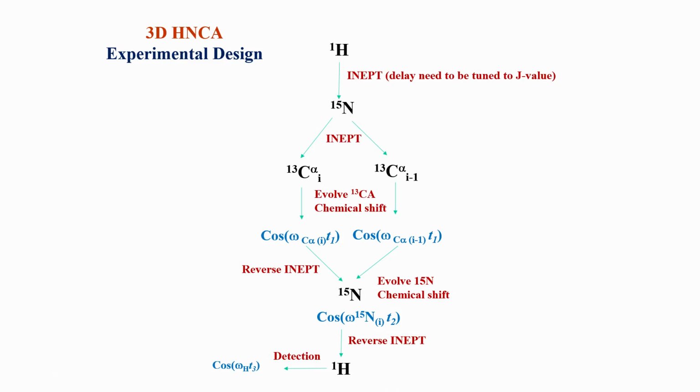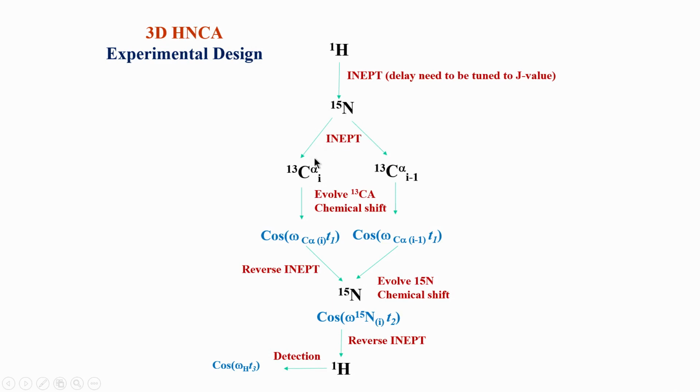Now, here you apply INEPT and go to C alpha, but as I said, this INEPT will take the magnetization from here to here, and it will also take it from here to here. There is no selectivity, you cannot say I want to go only in this direction, the magnetization will flow also in this direction. So, the flow of magnetization is not controllable because the two couplings are almost similar. Therefore, this INEPT will work for both transfers. This is anyway good for us, as we will see.